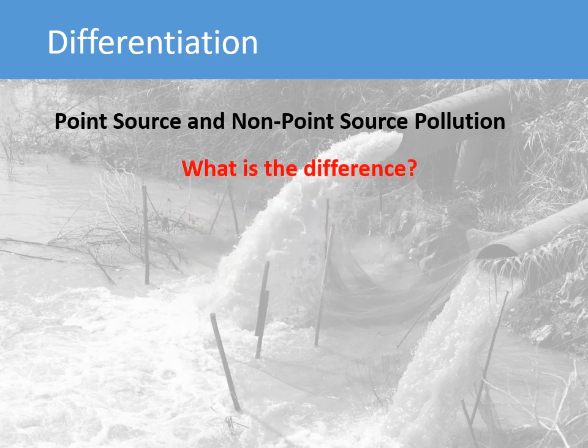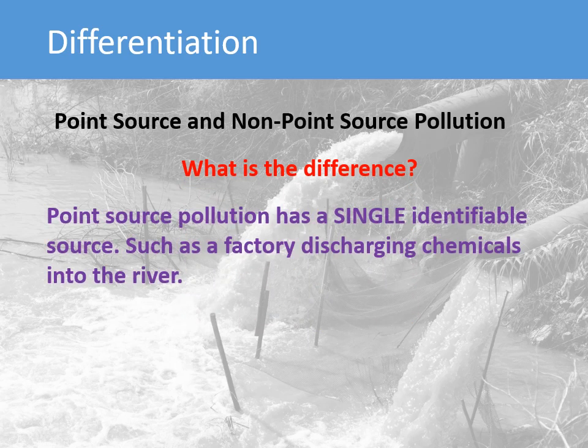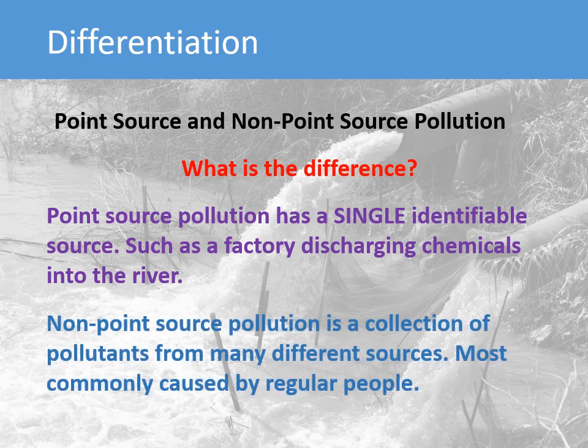So the difference between point source and non-point source pollution is that point source pollution has a single identifiable source, such as a factory discharging chemicals into the river as pictured behind the wording. Non-point source pollution is a collection of pollutions from many different sources, most commonly caused by regular people living